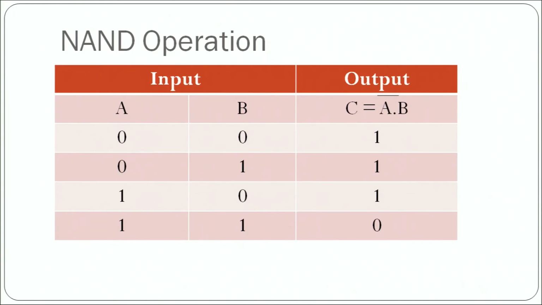It is just the complement of the AND operation. When you use N in the starting, so these gates, as I told you, the AND, OR and NOT, these are the basic operations and the other gates are formed by the combination of these operations. So here we are seeing that NOT is combined with AND, NOT AND. If AND does not hold, then our output will be 1. Keep in mind that whatever the name is, we are talking about the output to be 1.